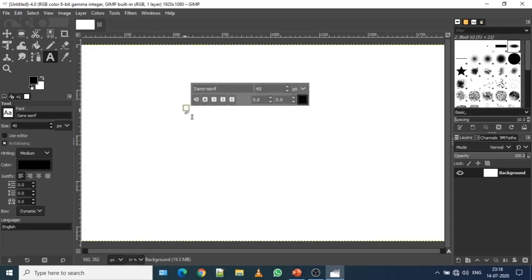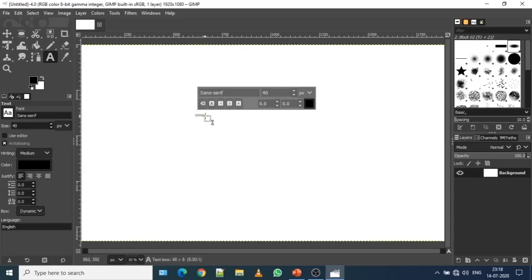So without wasting your time, you click on any of the 4 boxes at the corners of the edges, and simply select and drag according to the size of the text that you are going to write.